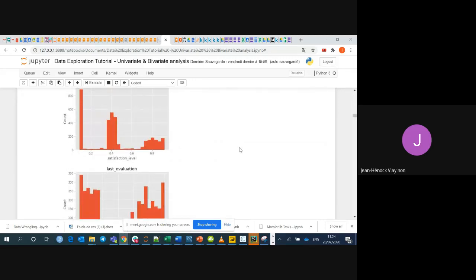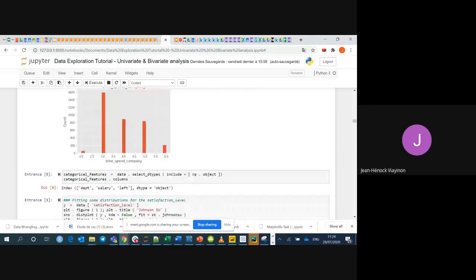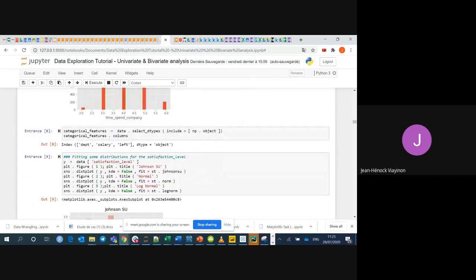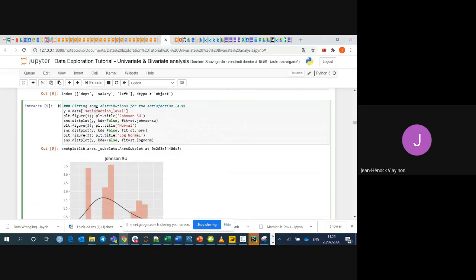But if we want to plot something, then we can just use the frequency function, and from there we can go in depth. I told you the most important variable here is the satisfaction level. As it is the most important, let's see how it fits with some known distributions, like the normal distribution and the log-normal distribution. Other distributions were already covered by Mustafa, so here I'm just covering those two.